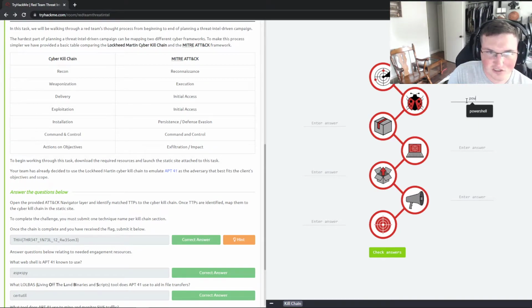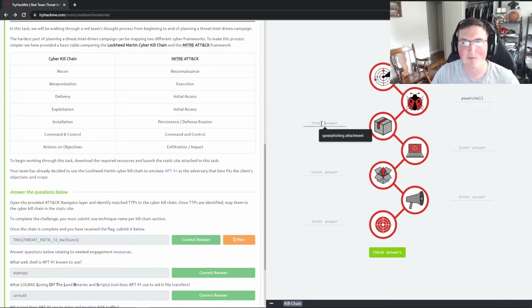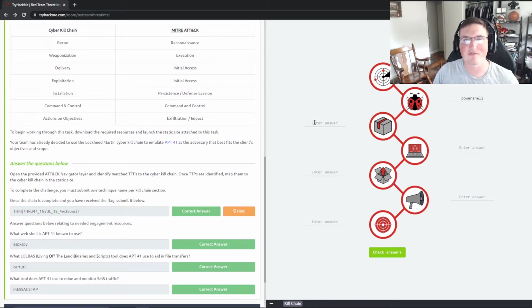They're looking for just to follow the steps. Now, I understand that it doesn't explicitly say they use PowerShell for the recon, but it is one of the first steps they used. So it was most likely used for the recon phase, or they skipped the recon phase because they already had the information, okay? And when I say they skipped the recon phase because they already have the information, you've got to understand that, for instance, the last attack we just looked at was using valid credentials. Well, if you bought those valid credentials off the dark web, or they came from a database breach or anything like that, you skipped the recon phase in a sense because you already have a way in. You didn't have to go search for that, right? So that's what they're talking about here.